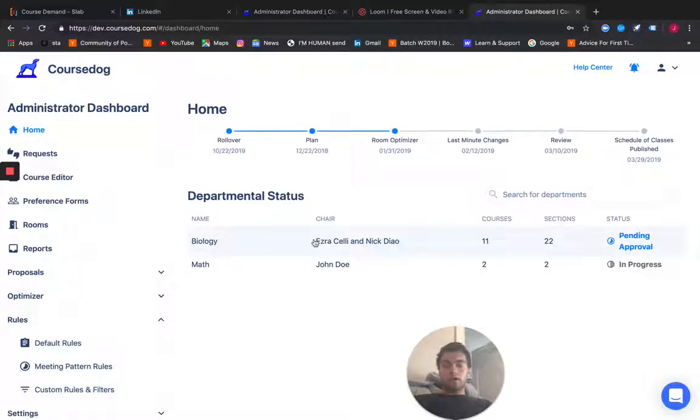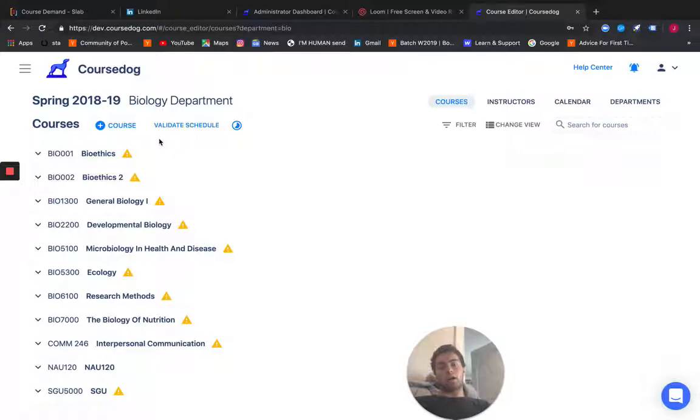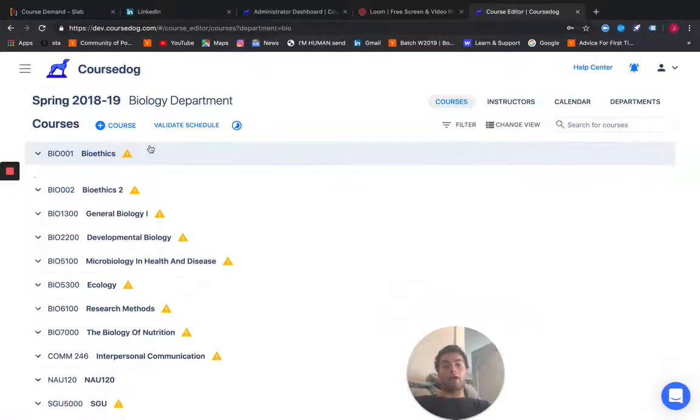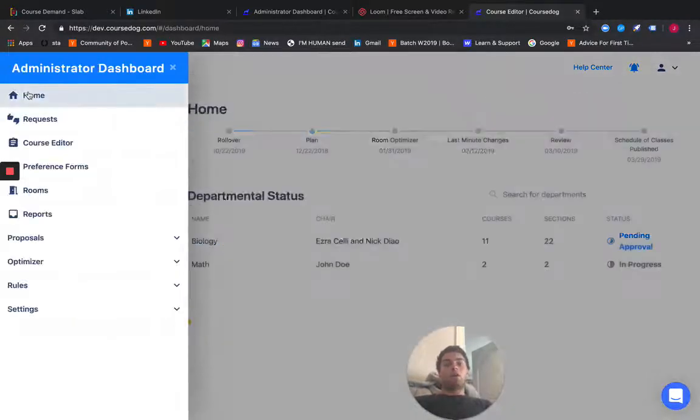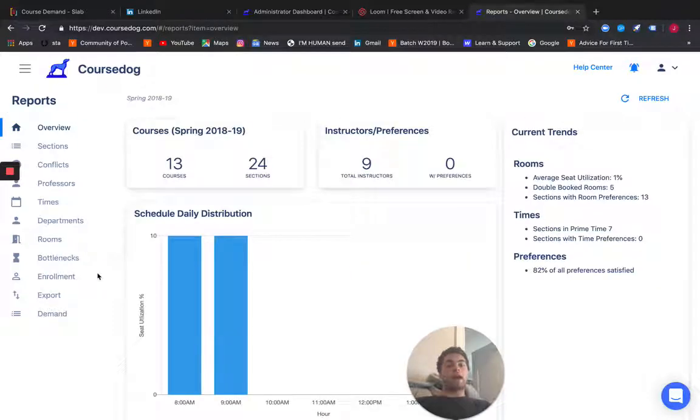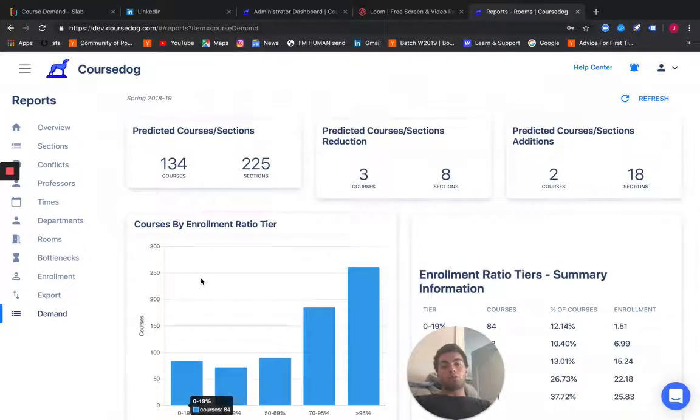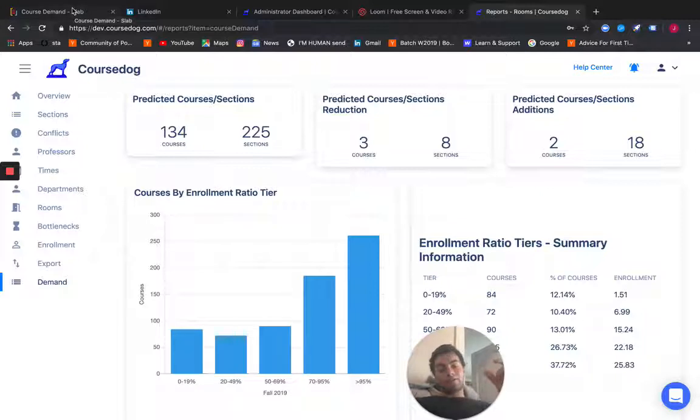Cool. So, on top of having the ability to automatically enforce all your different scheduling policies and check for errors, taking a step back now, one of the things that Coursedog is able to do is actually help you during the rollover process, or if you don't do a rollover, prior to that actual scheduling process. One of the things we can do is identify some suggestions about what courses we should be offering